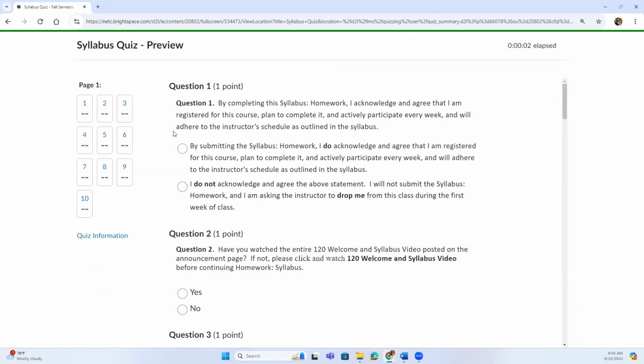Question number one on the syllabus quiz. By completing the syllabus quiz, I acknowledge and agree that I am registered for this class, plan to complete it, actively participate every week, and will adhere to the instructor's schedule as outlined in the syllabus. So if you make this choice by submitting the syllabus quiz, I do acknowledge and agree that I'm registered for this class, plan to complete it, and actively participate every week, and will adhere to the instructor's schedule